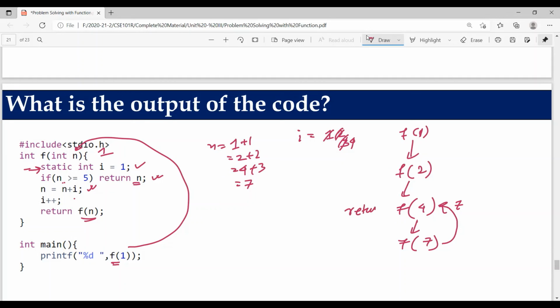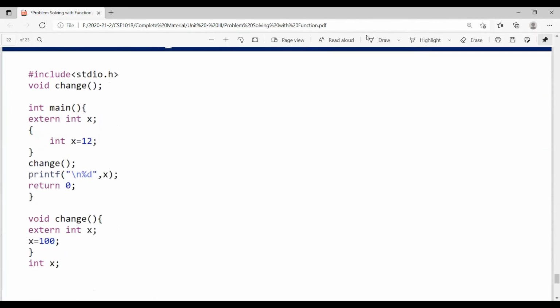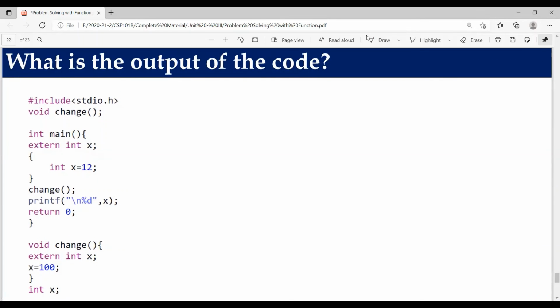So it's coming from the return. Here you can see, the return statement now gets executed, returning the value to the previous function call. Again, there is a return statement. So now 7 is returning to the previous function call. To whom is it returning? Returning to main. So it prints 7 here. That is functional recursion. We have discussed a couple of problems on functional recursion. Now let's proceed. I hope this is the last one. Yes. So now let's see the next program.